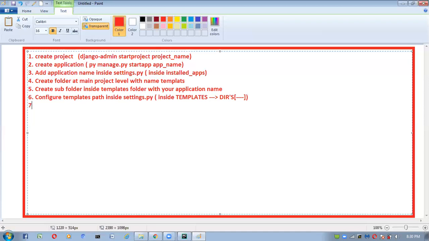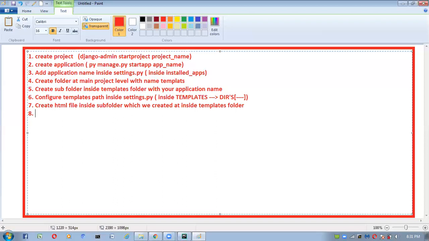Next step, create an HTML file inside the subfolder which we created inside the templates folder.